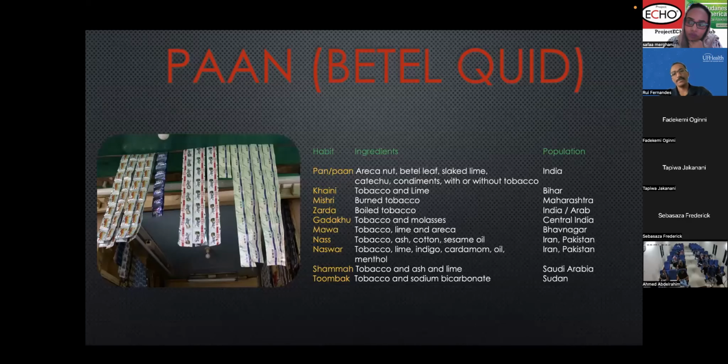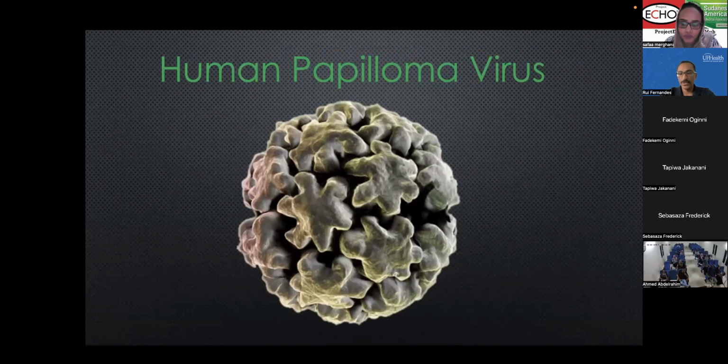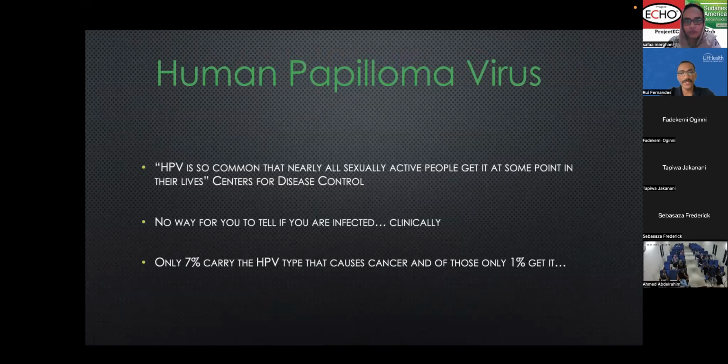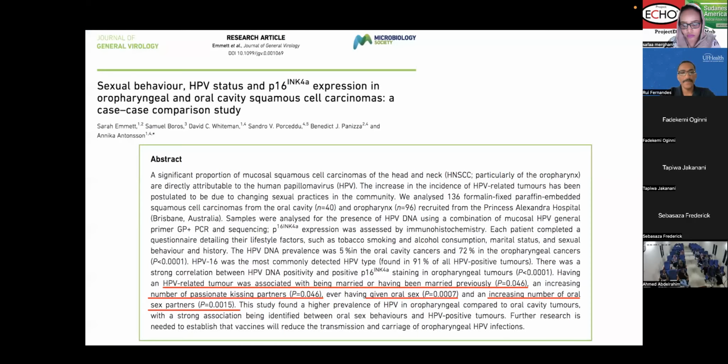Now, for the past 20 years, we've seen the role of HPV in terms of head and neck malignancies, particularly oropharyngeal malignancy. And we know that has become a significant problem, and that it has changed the diagnosis and changed patient demographics significantly. And we know that there's an association with sexual behavior and the probability of acquiring this, and that is directly correlated with the number of passionate kissing partners, oral sex, and so on, and the number of sex partners that you've had over a period